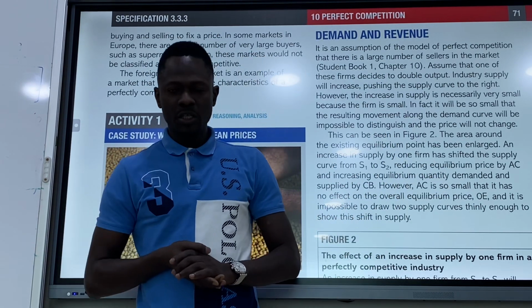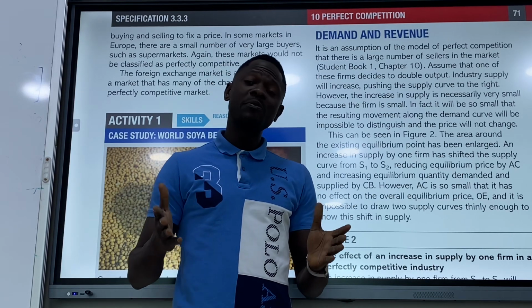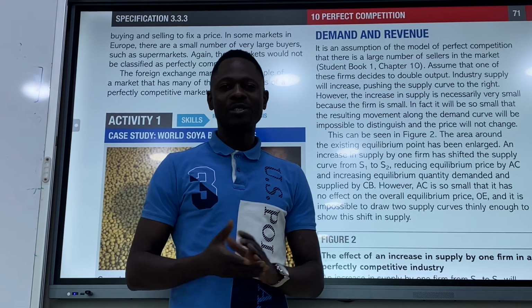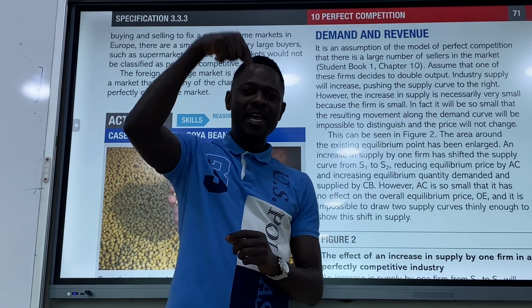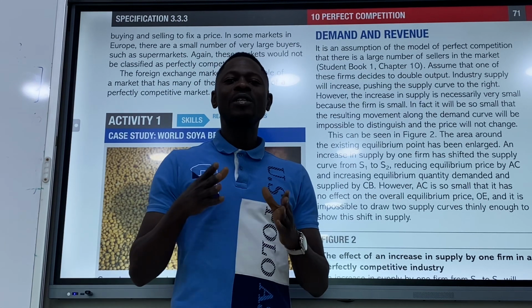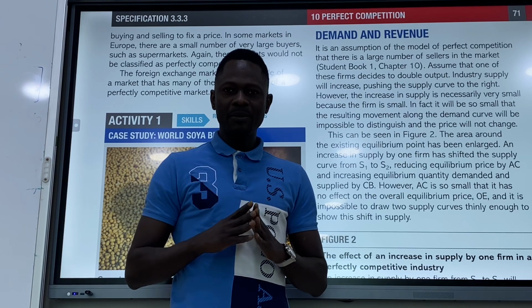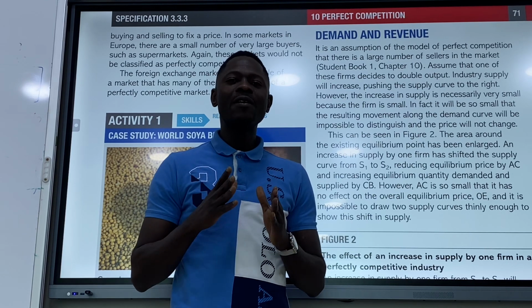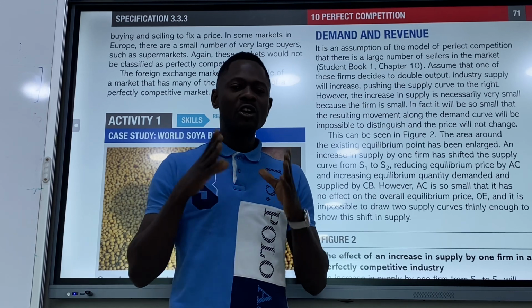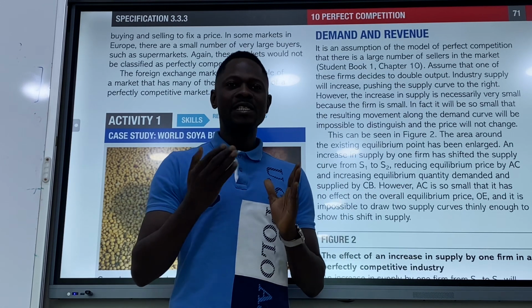In the perfect competition, because we say in the perfect competition it has large numbers of producers or suppliers of goods. So if a firm in that industry decides to increase its output, yes, it's going to shift the supply curve for that firm rightward, but it's not going to have any significant impact in output of that industry. That is the point they are making.